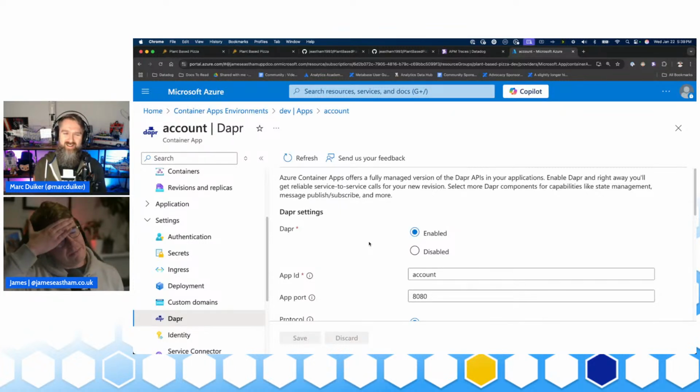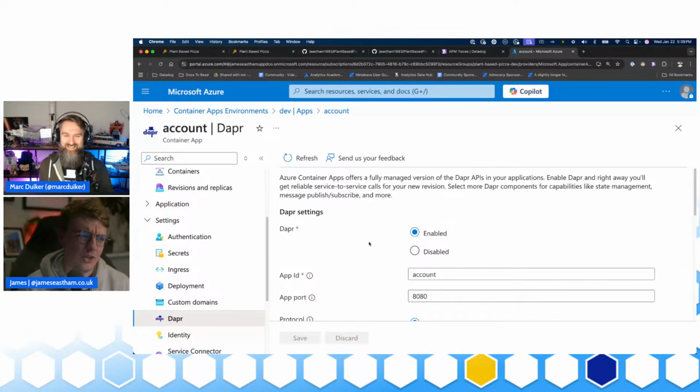Many years ago, when Dapr was almost first announced, I made a couple of contributions to the Dapr SDK. This was before I worked at AWS. When I joined AWS, I wasn't that interested in going deep into Kubernetes. I know someone in the chat said you can use EKS on AWS, but because I was working at AWS and doing a lot of serverless things, it kind of fell off my radar a little bit. Then I left AWS and thought, let's explore some Azure services, and I discovered Azure Container Apps. This seems really cool. And then I was like, this Dapr thing's knocking around again, let's have a look at that again. I started building this Azure version probably about 6 or 7 months ago.